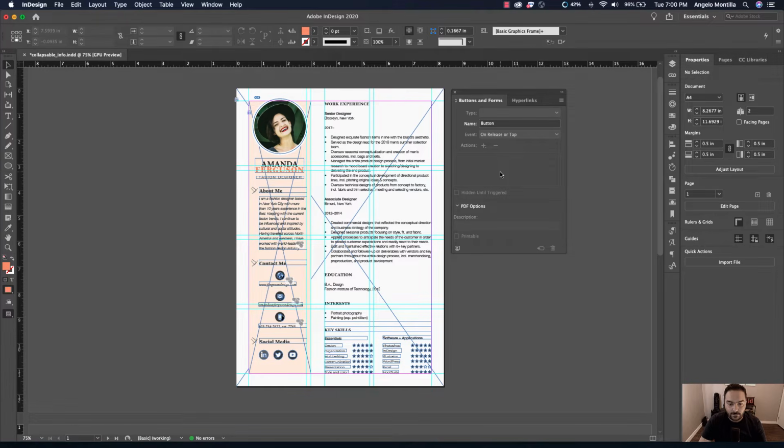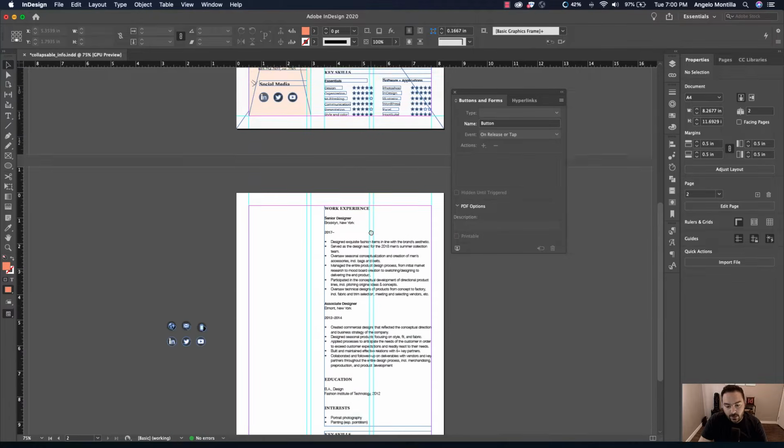Okay, so let's start building our interactive resume. On my screen here, I do have one that I've already created previously. You can see I've applied buttons to some of the content in this sidebar. We're not going to worry so much about the right side information here. We're just going to build out this left sidebar with the photo, the name, the position, and then a little more information about the applicant.